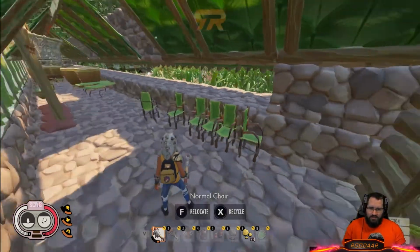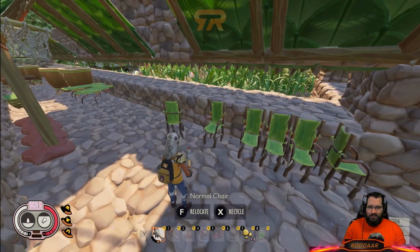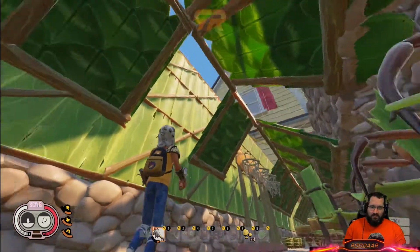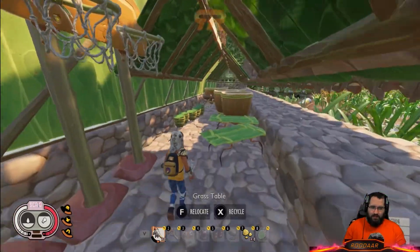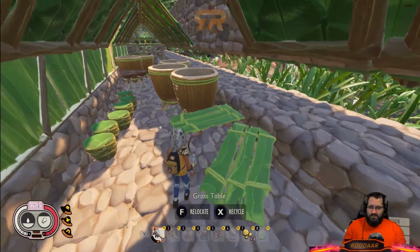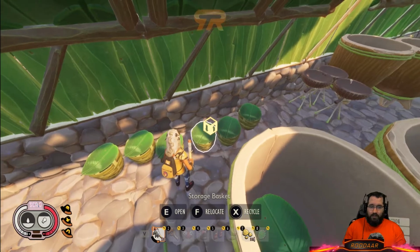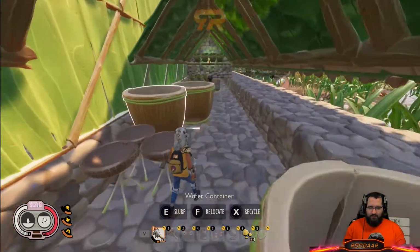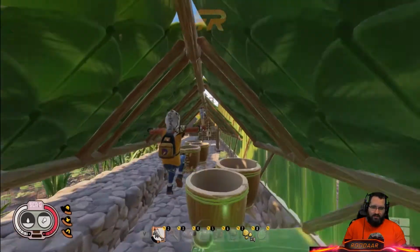When I was putting in these chairs and stuff back here, my viewers during stream were like, no, it can't be neat. It needs to look a little messed up. Some of it's neat, some of it's messy. It looks a little more the way you would expect to find a storage alley like this, including a roof that's in disrepair, a couple extra basketball goals in case something happens, tables for either the announcers or up in the VIP boxes, seats for the actual players from the bench, extra sinks, water tanks, which is more for that cafe than anything, and then the shoe selling area,